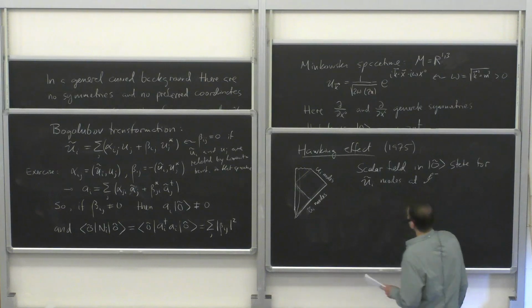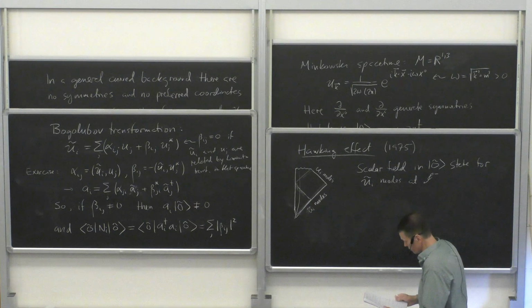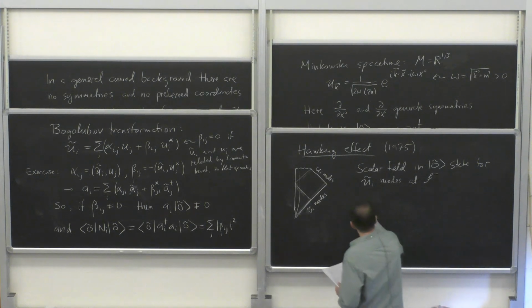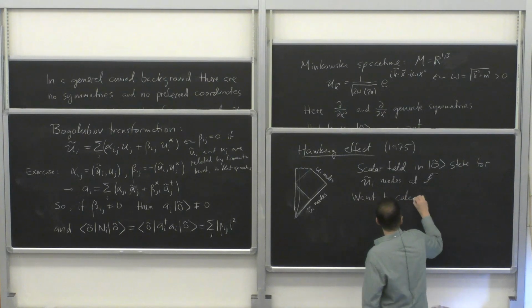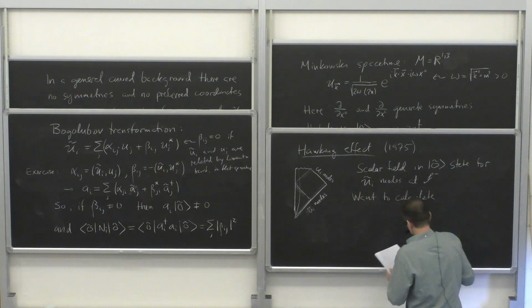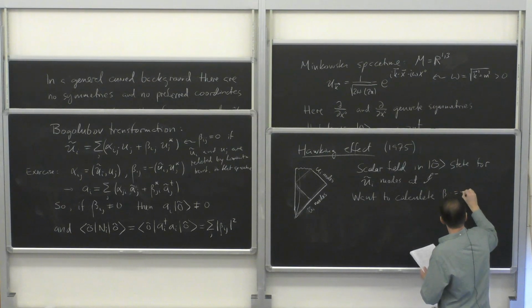And for simplicity, I'm going to take this to be a massless field, so it propagates along null lines. That's simply a matter of convenience. And what we want to do is calculate this Bogoliubov coefficient that was minus